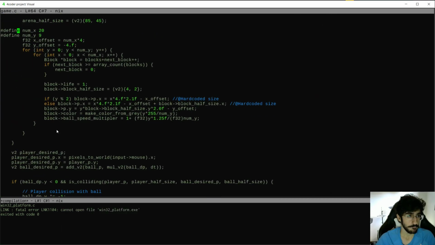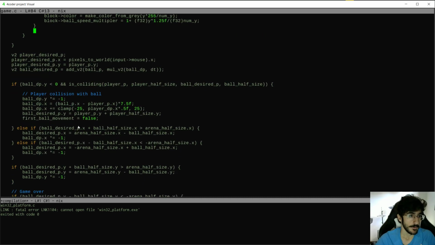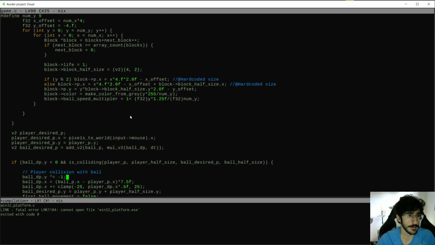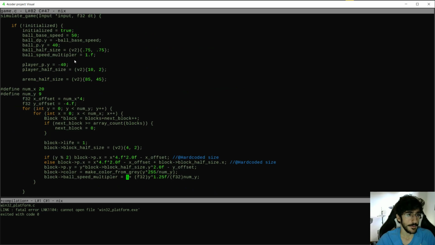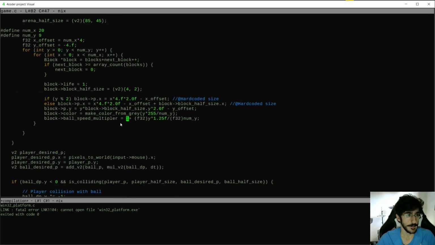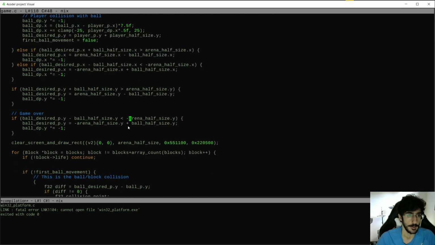But yeah. Maybe I'm going to keep the wall like this. Okay, so game over. If we do collide, I don't think we're going to collide with the arena per se. Maybe we can do, what is the arena size? The arena size is 45 here. So if we do minus 50,